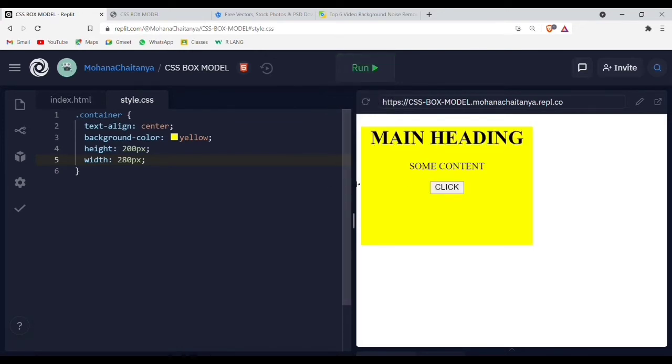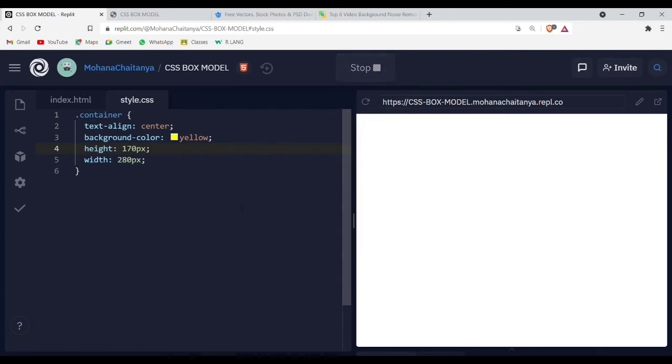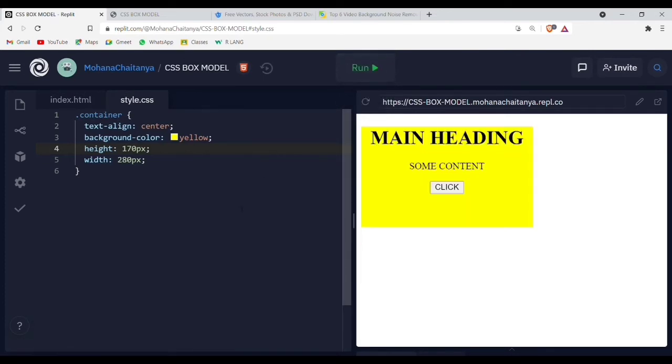See, the height and width has been assigned to this container. Let's reduce the height to 170. Let's try to run this. Likewise, we can adjust height and width by giving the values.